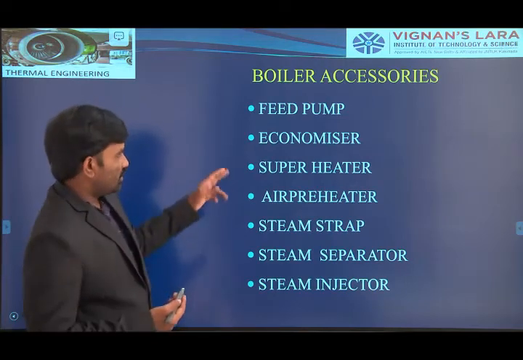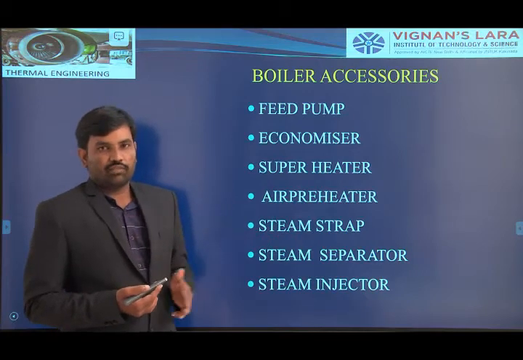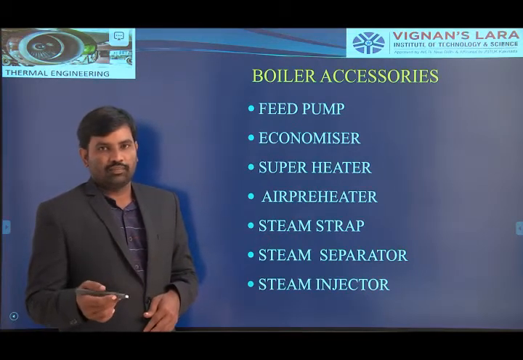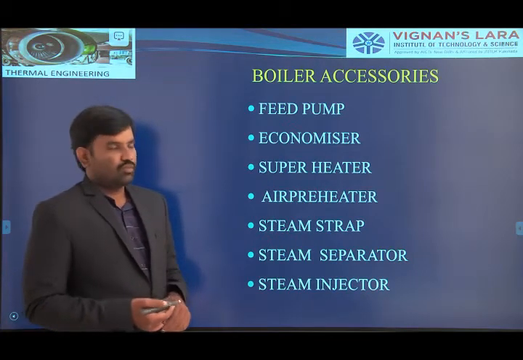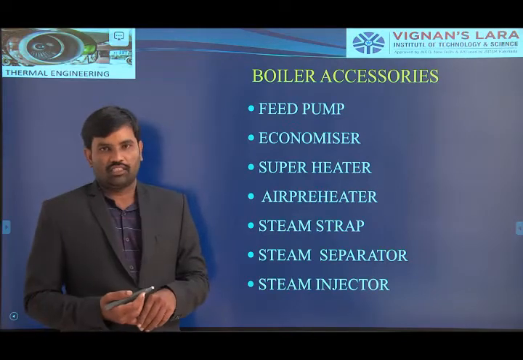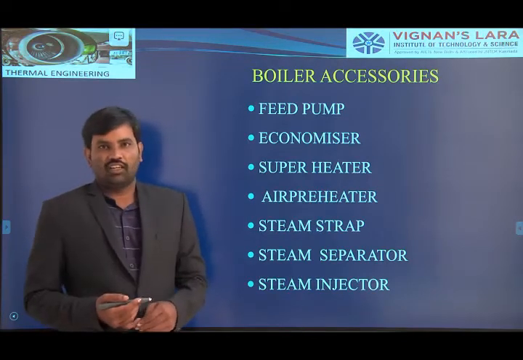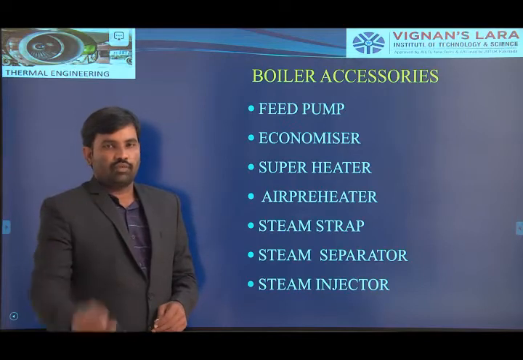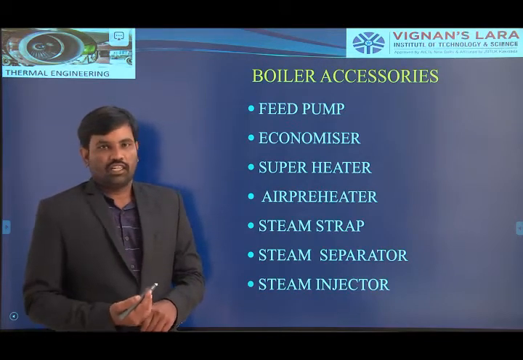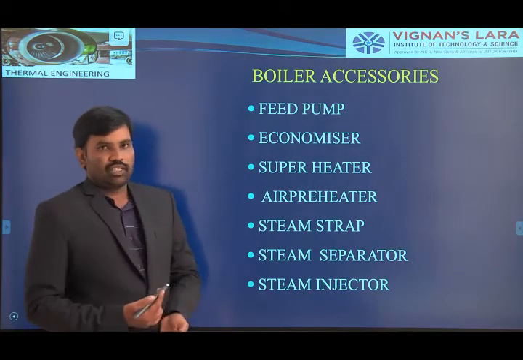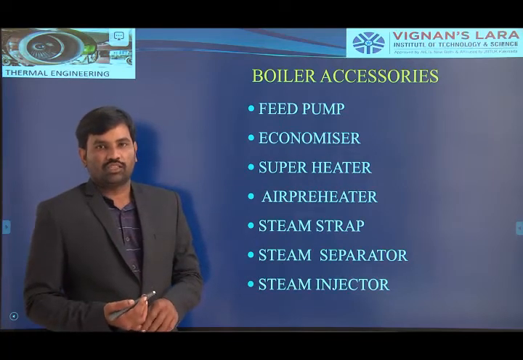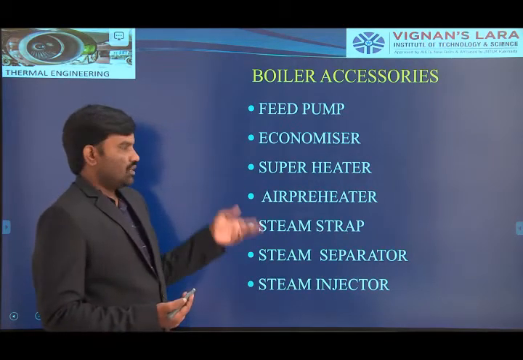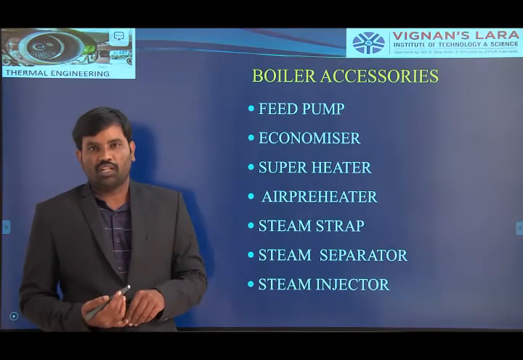What is the formula for efficiency? Net work done divided by heat supplied. If you decrease the heat supplied requirement, the efficiency automatically increases. In the economizer section, we heat the feed water up to the saturation temperature, and water at saturation temperature requires only a smaller quantity of heat. In that manner we increase the efficiency of the boiler section.